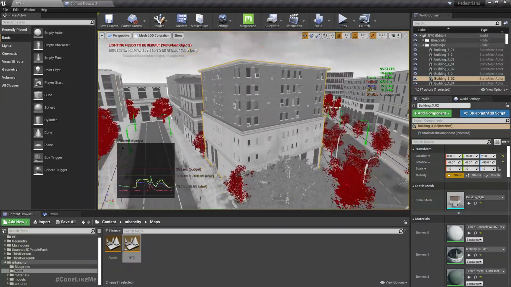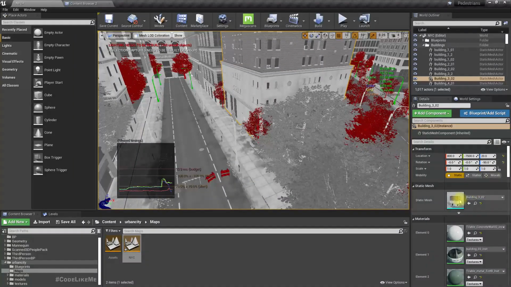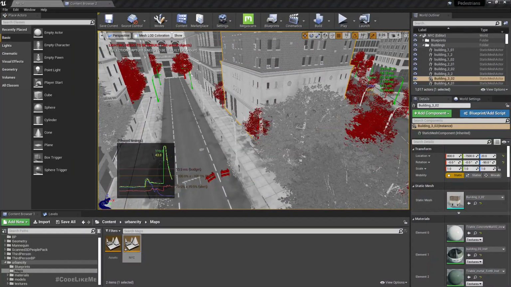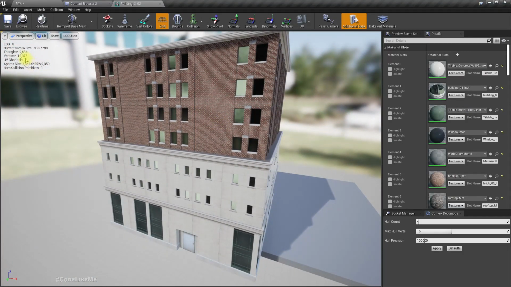Let me open this model and go here. So here you can see it has